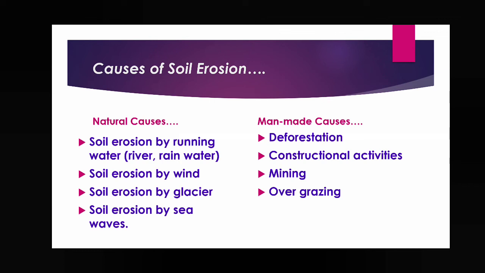That means soil erosion occurred. So again I am telling how deforestation causes soil erosion, because as you know, tree roots hold the soil, and when it is holding the soil, it becomes compact, and when it becomes compact, it is less eroded by the water, by the wind. But when we are cutting down the trees, that means there is no cover of trees, and that's why it is totally bare land. And when it is totally bare land, the running water can easily erode the soil, the wind can easily erode the soil. That is the problem.